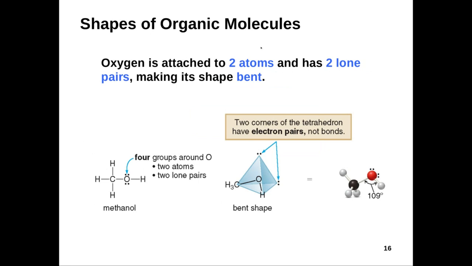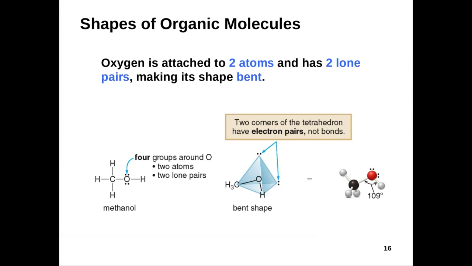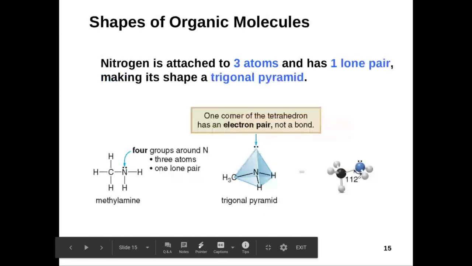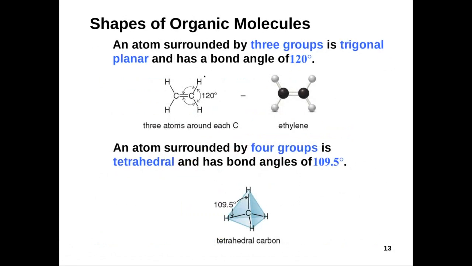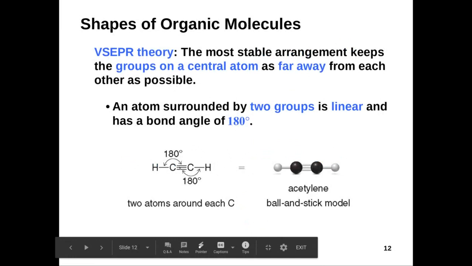Now, when oxygen is attached to 2 atoms and 2 lone pairs, it makes a bent shape. Again, thinking about this pyramidal shape here, it's bound to the carbon, oxygen, hydrogen, right? And the 2 atoms essentially act almost like additional molecules present, giving a distinct bent shape when oxygen is bound twice. So 109 degrees. So 112, 109, and just to reiterate, 120 for 3, 109.5 for 4 things, and 180 when